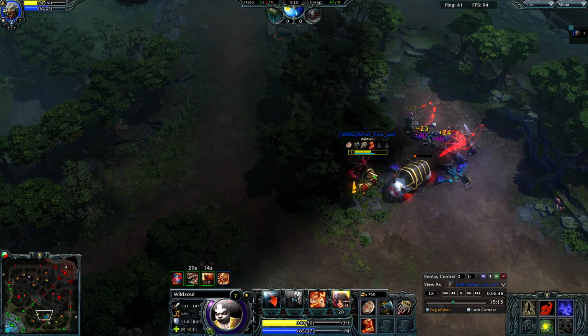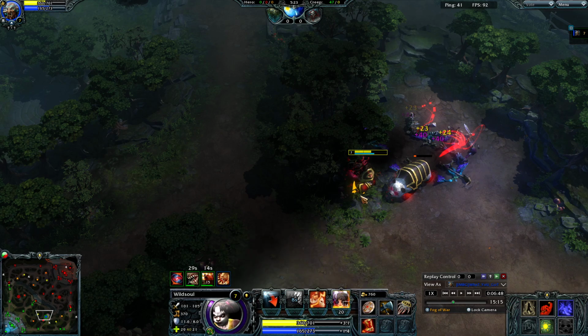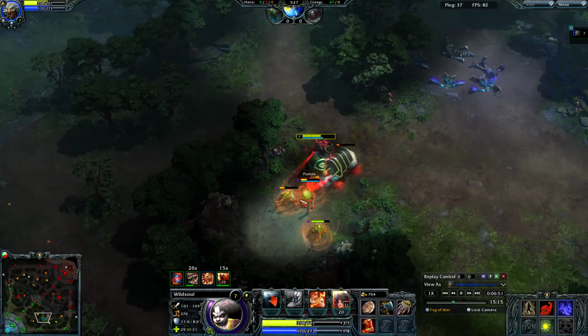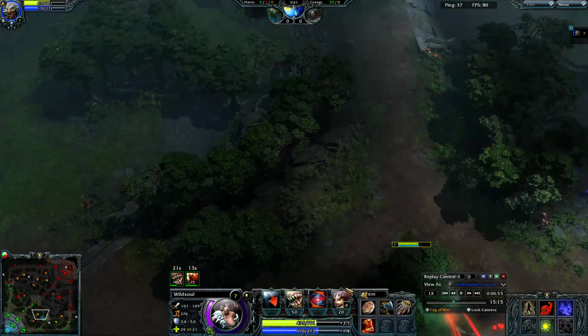So what we're going to be doing a lot of the time when jungling is swapping in and out of bear form to upkeep the charges here. These charges will be going down when we're in melee form, and they will be going up when we're in ranged form. But here we're right next to the camp, so we're just going to stay in melee form. Once we kill this camp, we're going to switch over to ranged form immediately, so we start